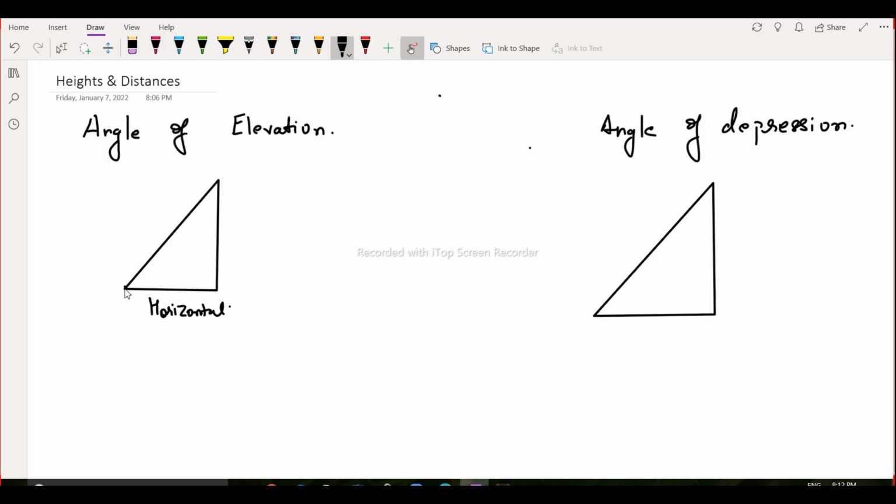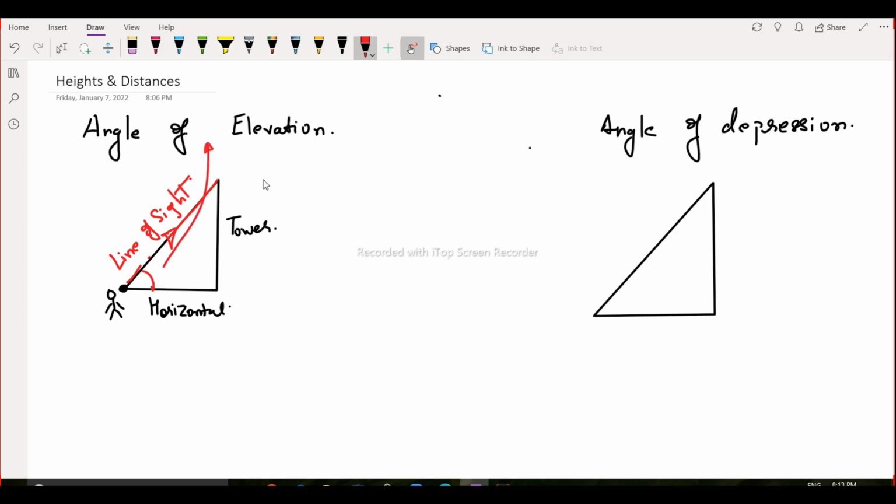Here at this point, there is a person who is standing, and this is the tower, and the person standing here looks at the top of the tower. So this line is known as line of sight. The angle which this line of sight makes with the horizontal, that angle is known as angle of